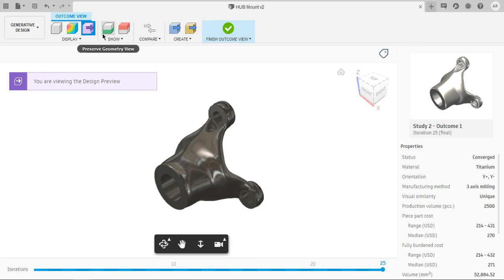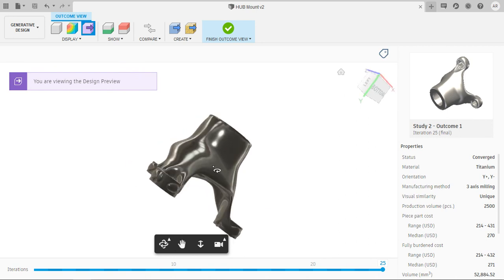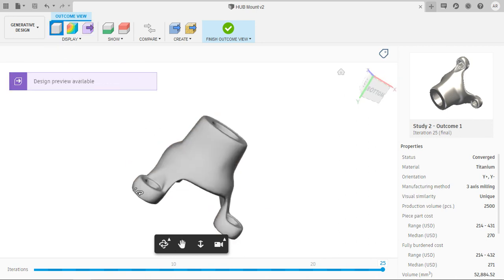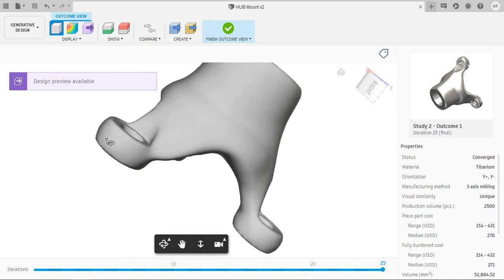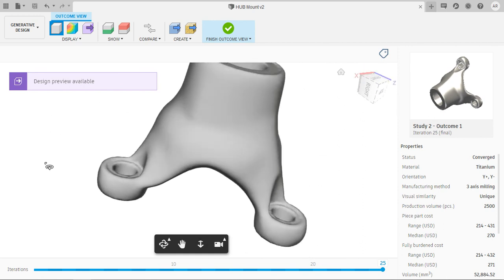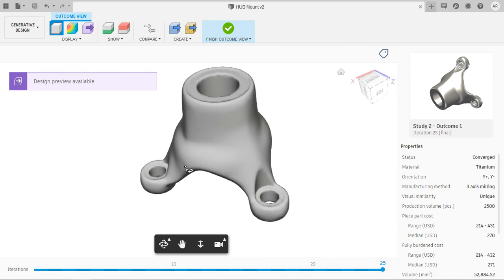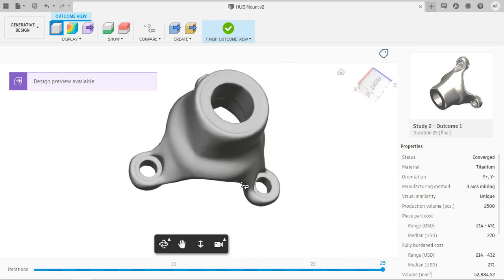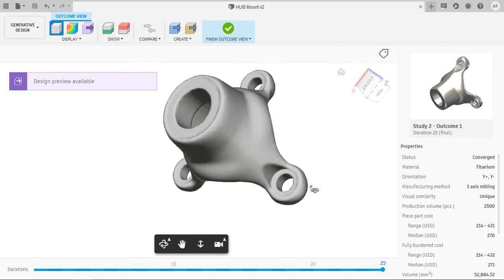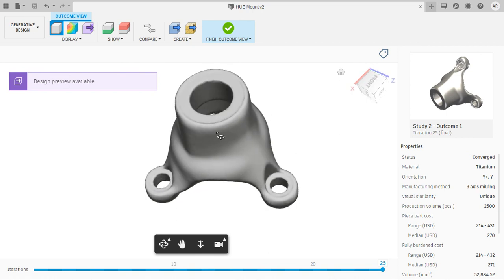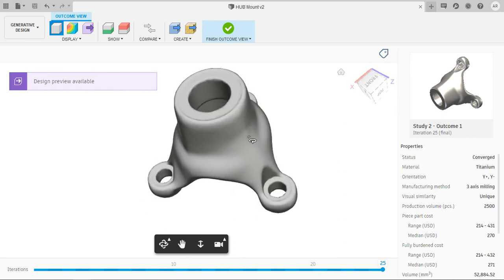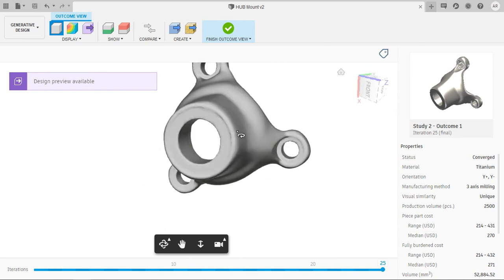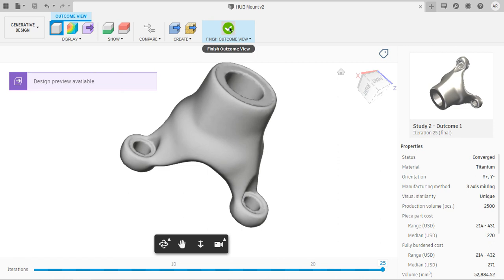Observe this model, we got a pretty decent shape. I'm gonna switch to model view to have a better view. We can export this design, but there is a potential problem in here, that is we have to work around it still after exporting the design with this outcome. We have to remove the material around our preserves and even in here, but it would take some time to do that. This is not the outcome that I'm looking for. I'm gonna finish my outcome view.